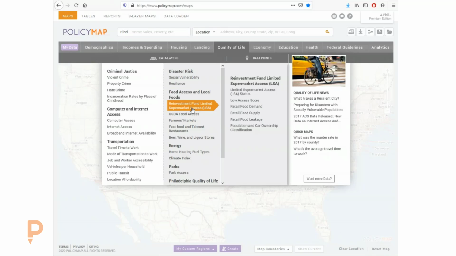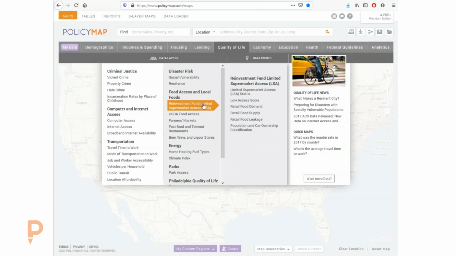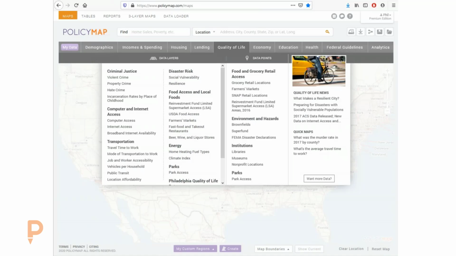That was a really big distinction, because the first initial study of food access included things like corner stores and CVS's and so forth. Those things really marred the map a little bit, and neighborhoods that should really have been a food desert sort of had access to food because they had that corner store. And so we created our own study with this. Before we go into PolicyMap, let me pull this up and I'll give you a brief look.